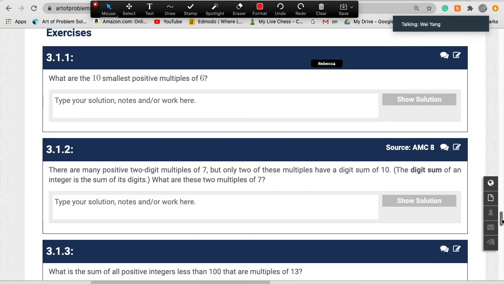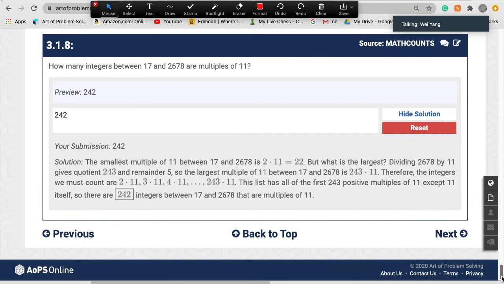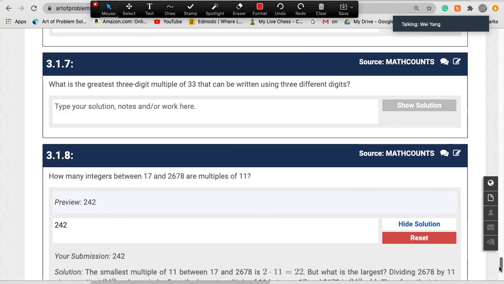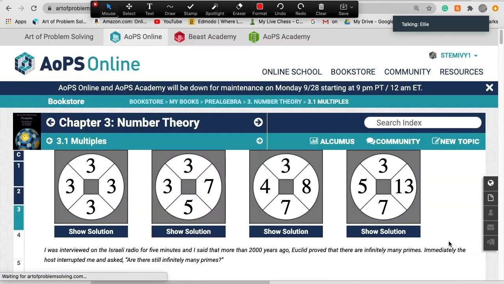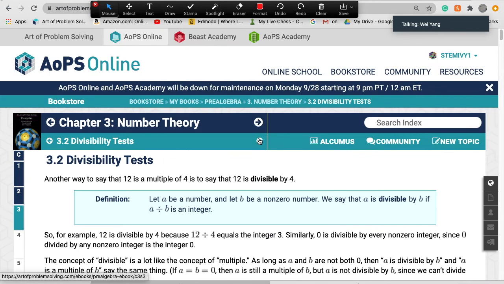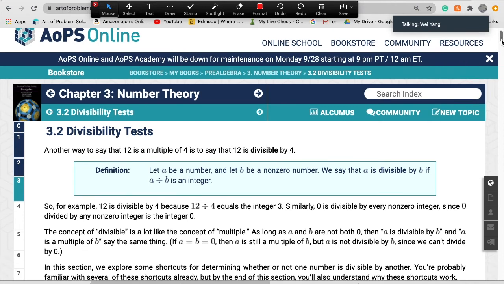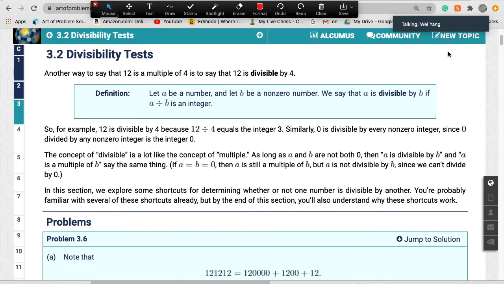Now let's go to the next section, divisibility test. That was so quick. Yeah, that's so quick. Oh, now you did the next chapter. Not chapter, it's section 3.2. This one is called